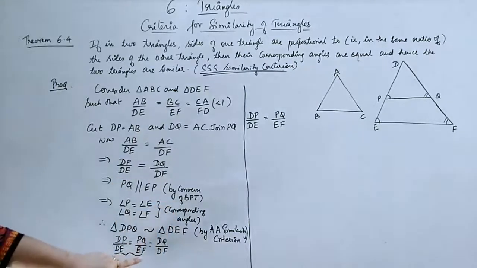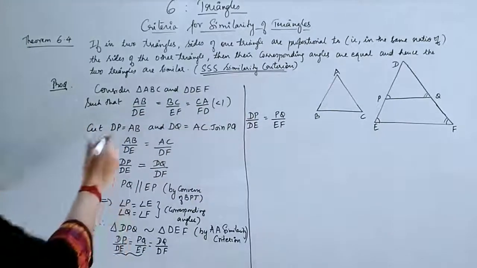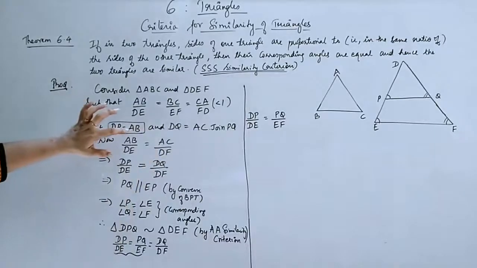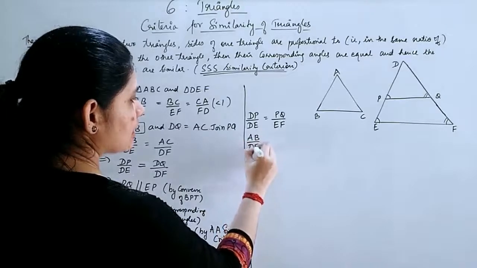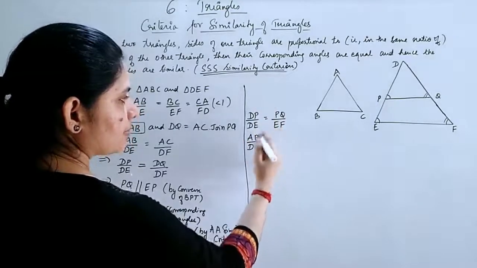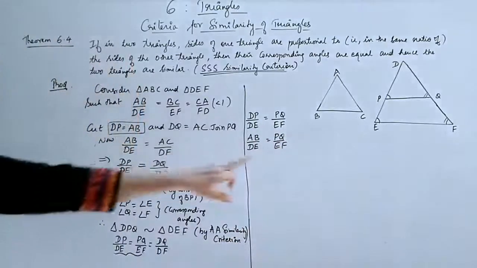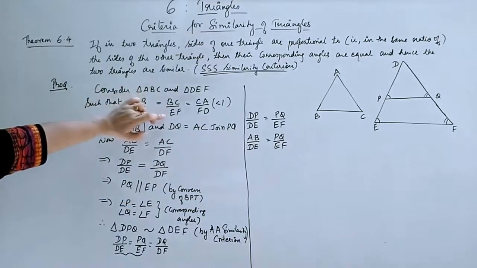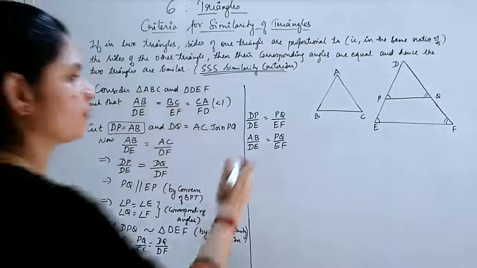So from these two conditions, since we have DP equal to AB here, we are just replacing DP with AB, so that we will get AB by DE. Instead of DP I have written AB by DE is equal to PQ by EF. Now again go for the condition which is given in the question, which is AB by DE equal to BC by EF. So here instead of AB by DE I am using